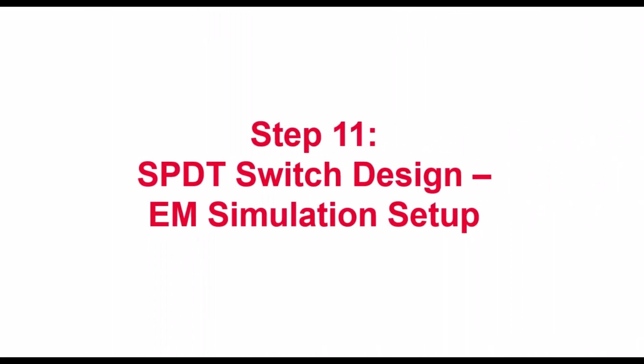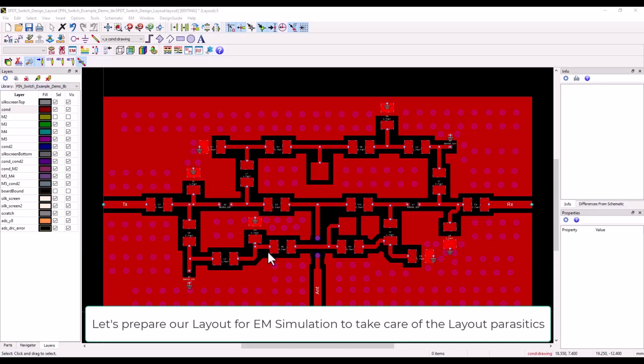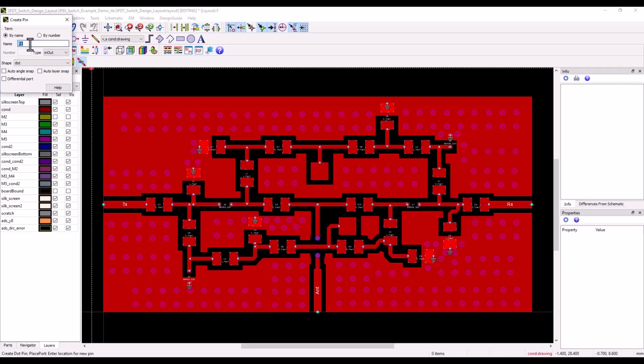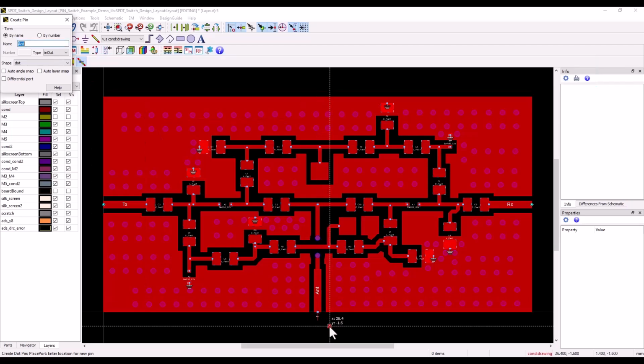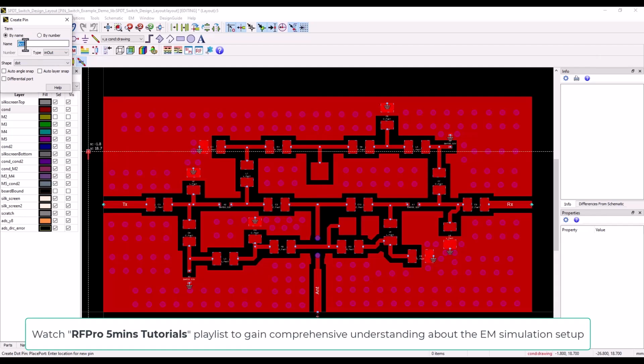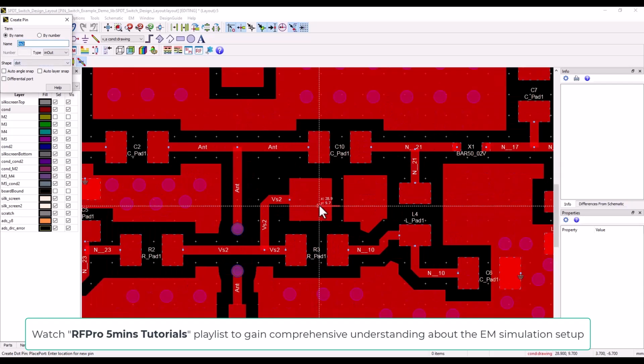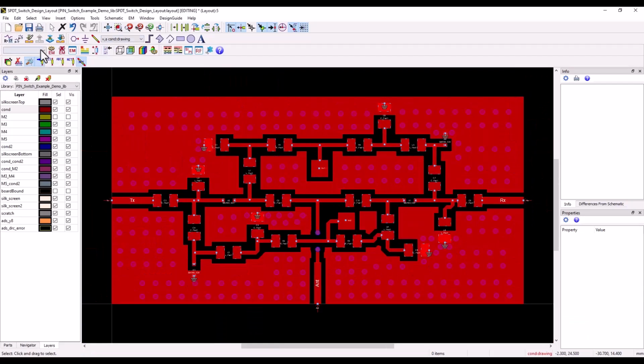In this section, we will talk about EM simulation setup and the steps needed to run EM analysis. We will start from finalized layout and start placing a pin by giving a proper identification name so that we can recognize it in our EM setup. So here we will need 5 pins, namely antenna, TX, RX, VS1 and BS2. So we can either provide name while placing the pin or after all the pins are placed by